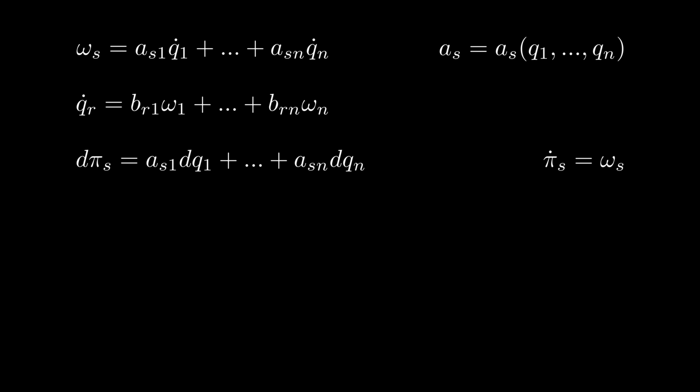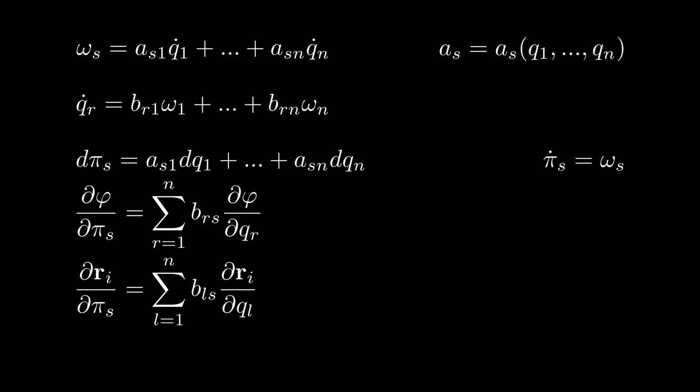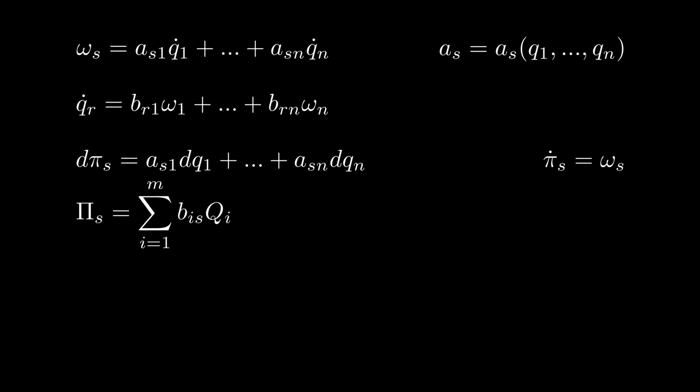We can use the coefficients of the linear forms to relate the partial derivative of any function with respect to a pseudo-coordinate to its partial derivative with respect to generalized coordinates. This can be used to prove that the partial of a Cartesian velocity with respect to pseudo-velocity is equal to the partial of Cartesian position with respect to pseudo-position. We can also rewrite generalized forces as pseudo-forces. It follows from the previous relations that the partial derivative of S that we defined earlier with respect to pseudo-acceleration